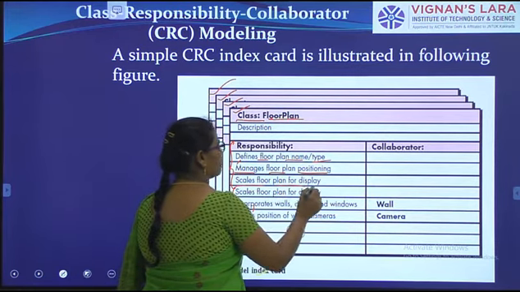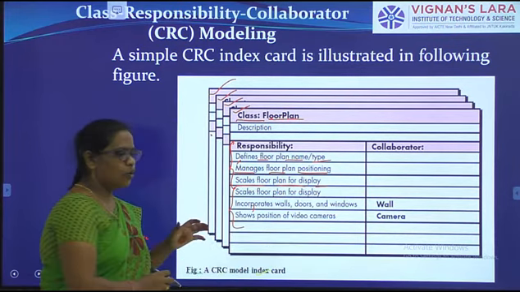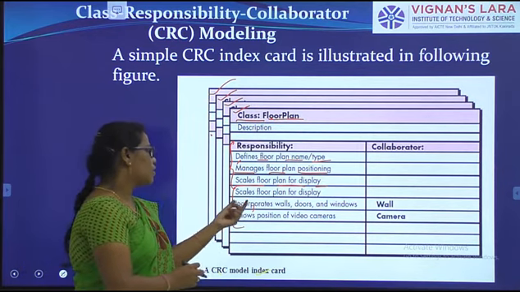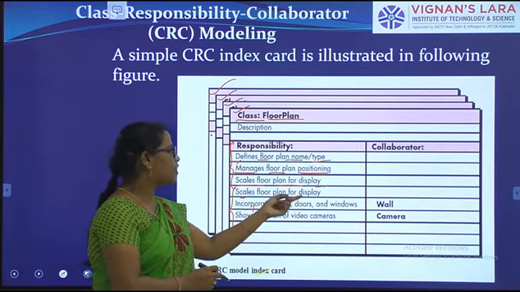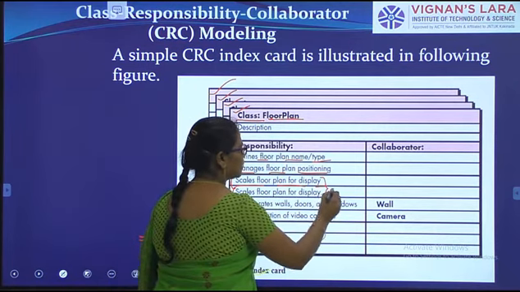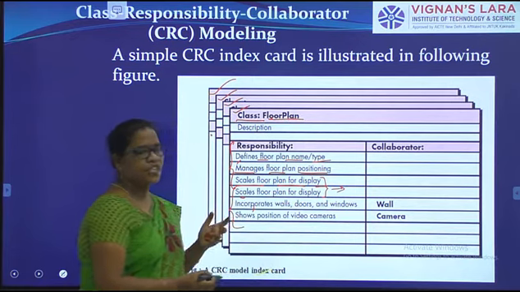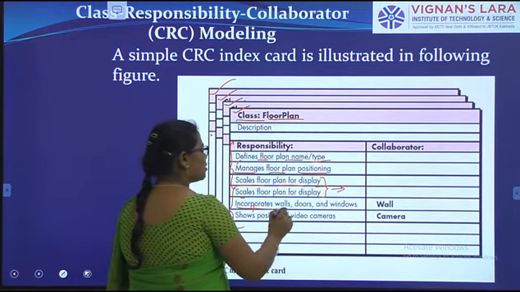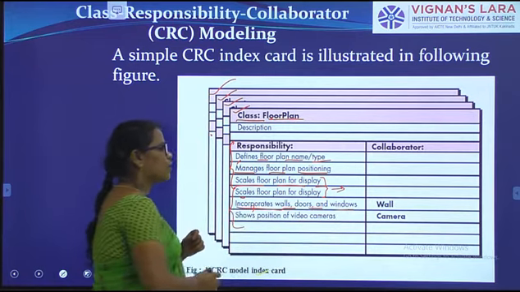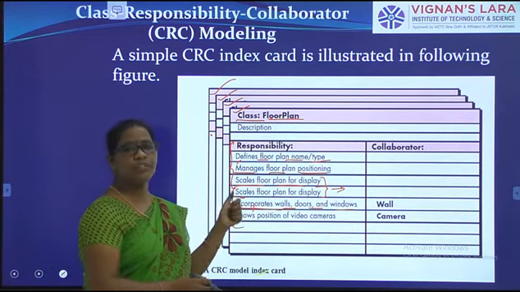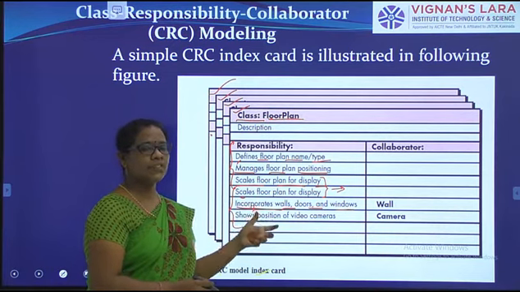Next, it scales the floor plan for display. What is scaling? How much length you are taking. Display can be done in any way, in a 3D manner or 2D manner, whatever it is. Next, it incorporates walls, doors and windows. If you build a floor like this, how the walls, windows and doors can be constructed.